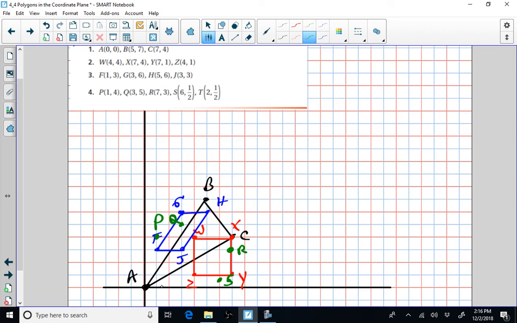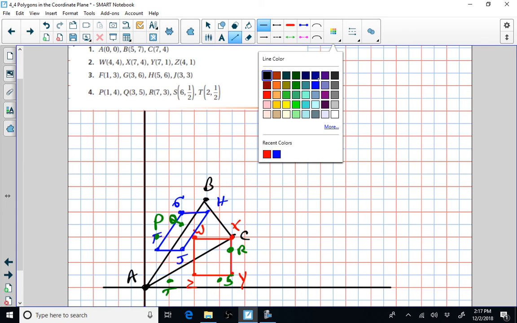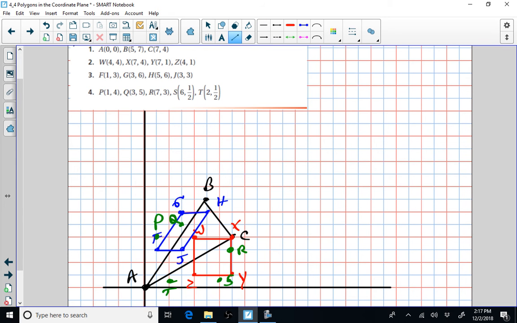And then (2, 1/2) would be located here. Notice that when I graph the point 1/2, here's 0, here's 1. 1/2 would be right in between where 0 would be located and 1 would be located. I'm going to call that T. Connect those points with straight lines using a ruler. Let's do that in green. We go here, here, here, here, and here. So that's just a little quick review of how we would graph points in one quadrant, and